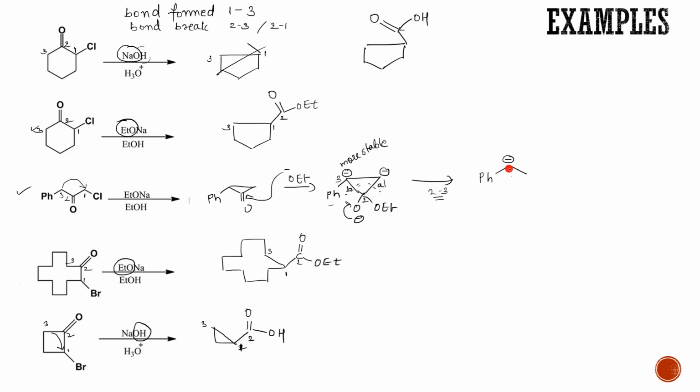So this is 3 and this is attached to 1. This is my 1, and to that 1 you have this carbon number 2 attached. See, this nomenclature I am giving you just for the sake of your understanding. It's not the nomenclature basically. Okay, this was that 2, and here the protonation takes place, and here you are going to get your H.